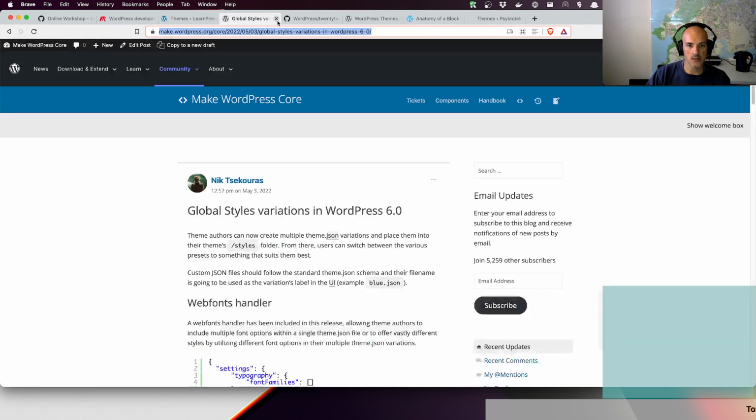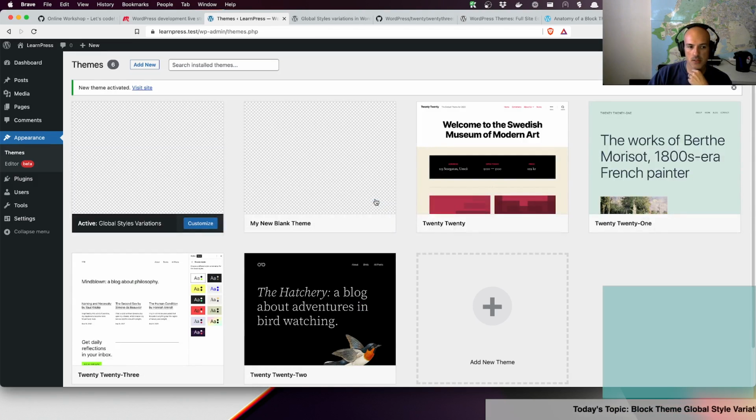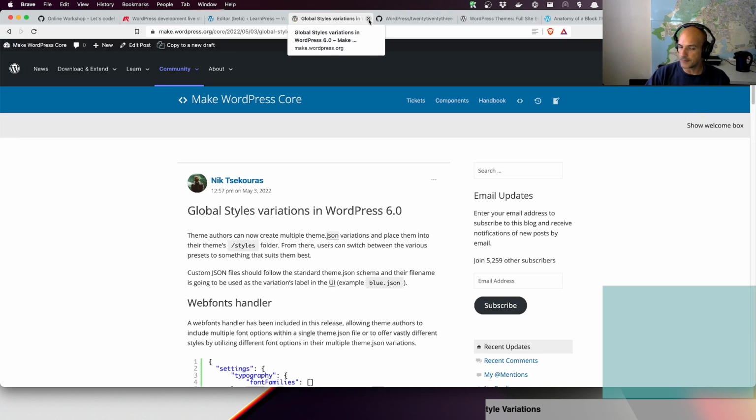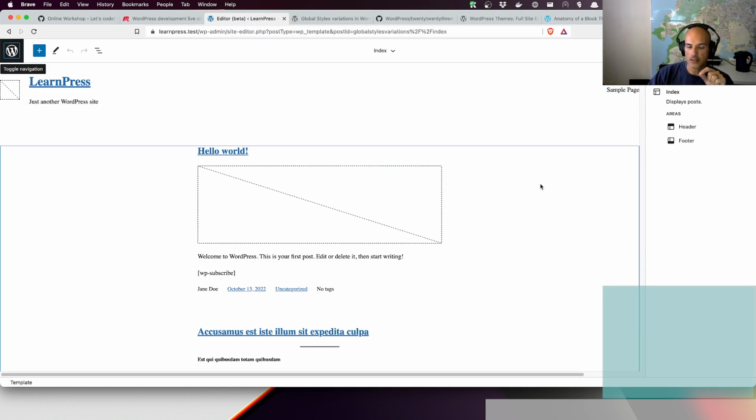So let's close some things down, and let's go back to my theme, my theme variations, and let's go into the editor. Close the wrong window. There we go. So the cool thing about